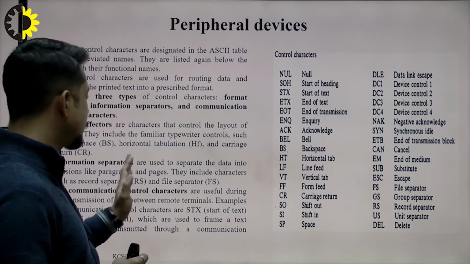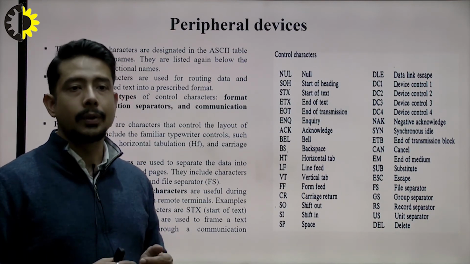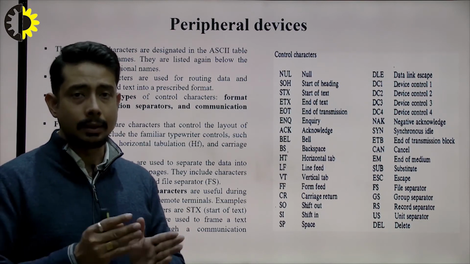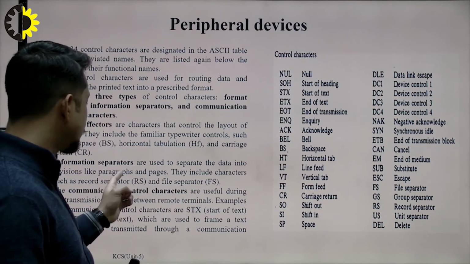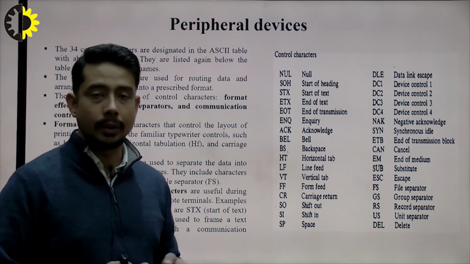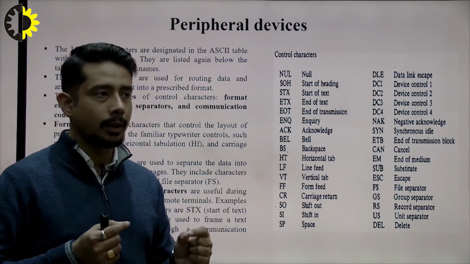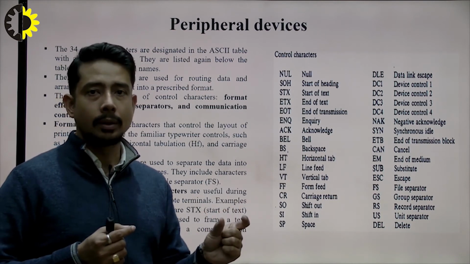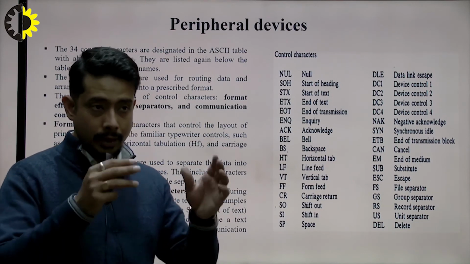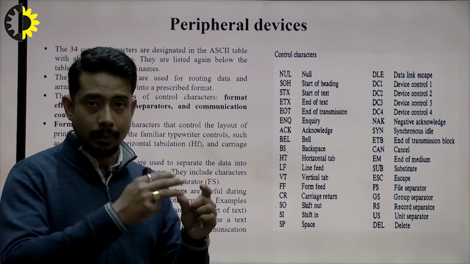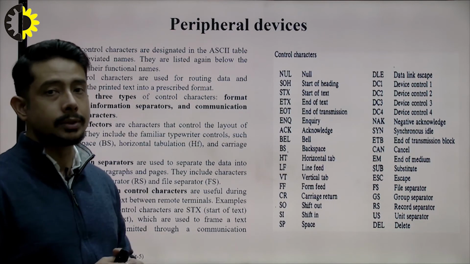Next comes information separators. Information separators are used if you want to separate a record or a file. In that sense, information separators are used to separate the data into divisions like paragraphs and pages, that you already know. Like if you go into the view part, you can check it out in web page format, online format, in page layout, print page layout. So these are different options where you can visualize the MS Word page into pages and paragraphs. Okay, so one column, two columns, those all come into information separators.